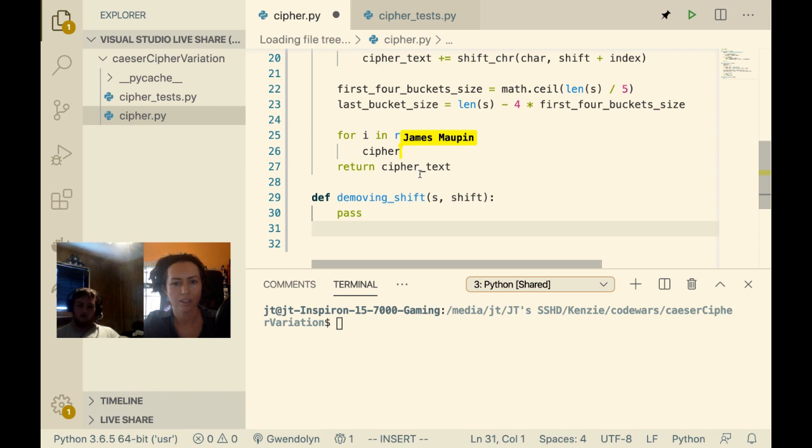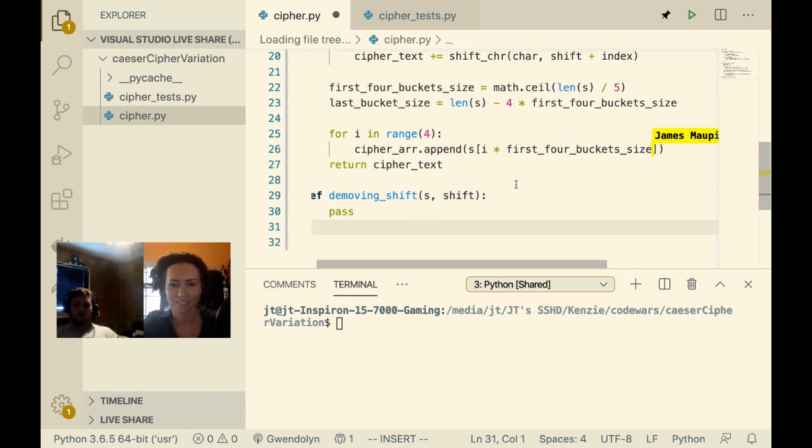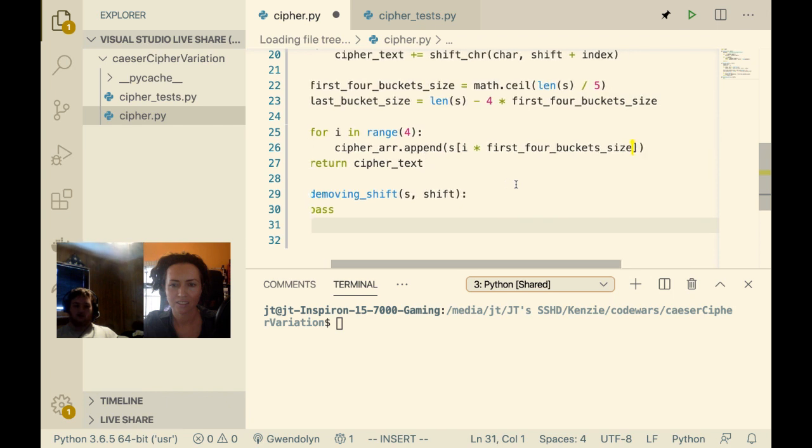So we should be able to do something just like this, right? S, and then, how do we want to do this? It'll be i times the first 4 bucket size. Yeah, this is really long because of my variable name, so sorry about that. And then the end of it's going to be the same thing, but then you're just going to add one more of the first 4 bucket sizes, right?